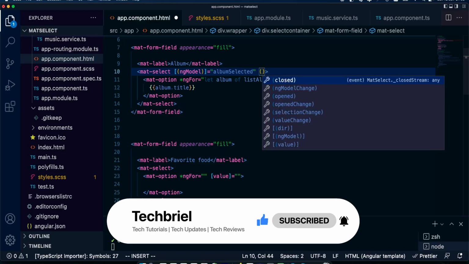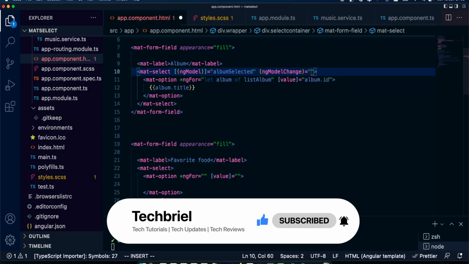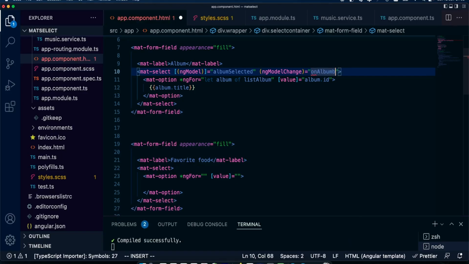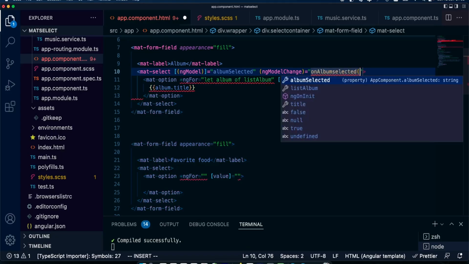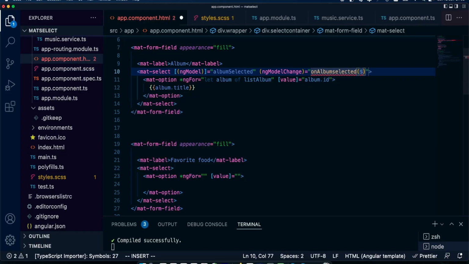The name of that event will be ngModelChange. That will be on album selected, and this is an event. Now let's go create this.